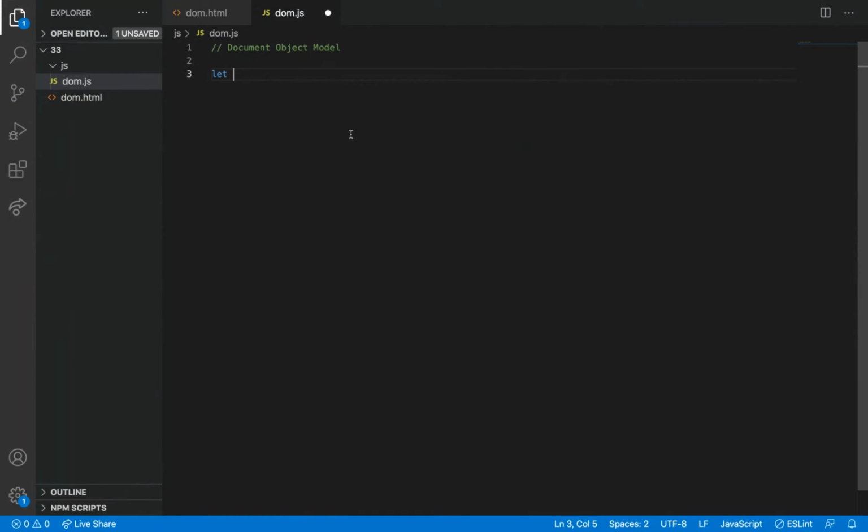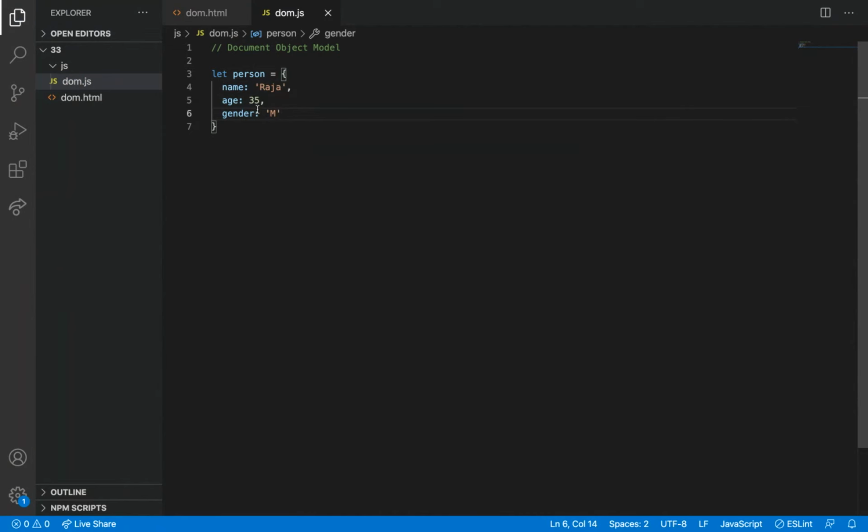Let me say, let person is an object which has name Raja, age 35, gender male.